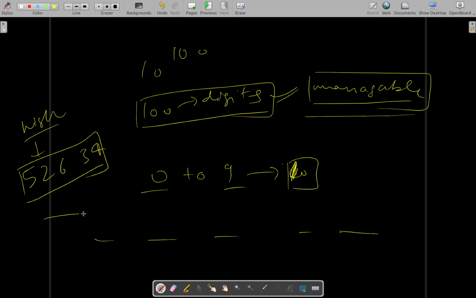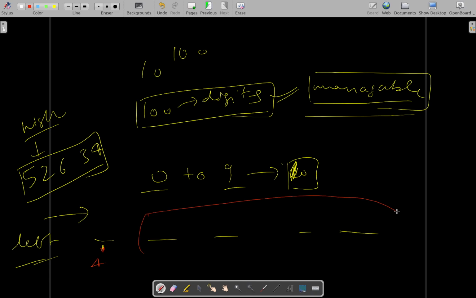If we are making the number from left to right, and at this place we consider a number less than 5, let's say we consider 4,